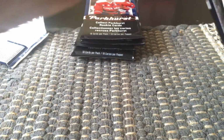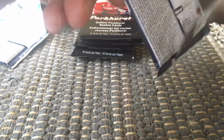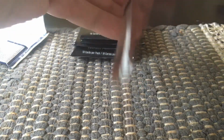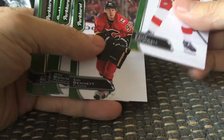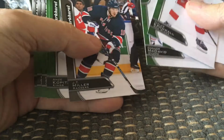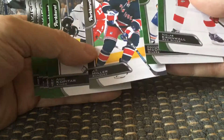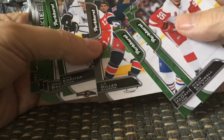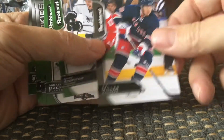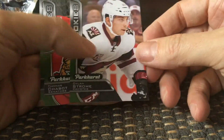So we got one insert in our first pack, and we shall continue opening up the rest and see what we get. I did just get a rookie there. And we've got Cromwell, we've got Bennett, and then here we have a JT Miller, which is a parallel with sort of a silver border as far as I can tell. And here we have a couple of rookies in a row. We got Dylan Strome,